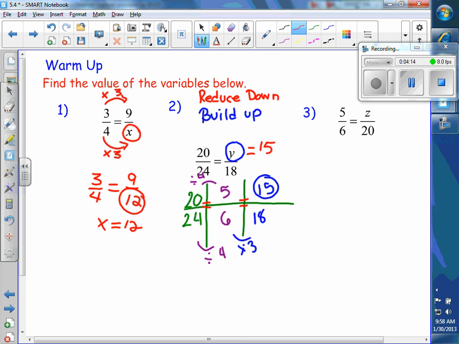Olivia. So for the first one, I even did it simpler, like 9 times 4 is 36, 3 times what is 36, and you can just do 12. But that's a shortcut. Why does that work? Right, and it doesn't have as much meaning. But we're going to use shortcuts. But what I'm trying to say is,